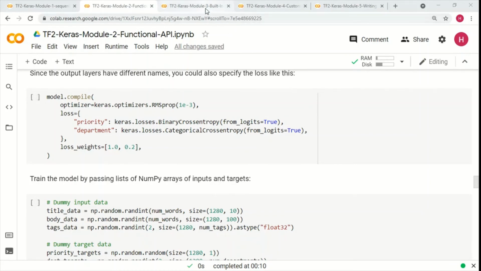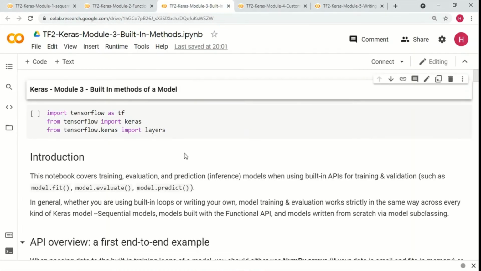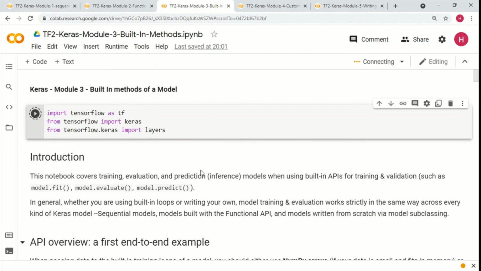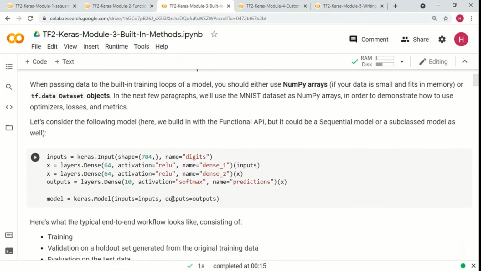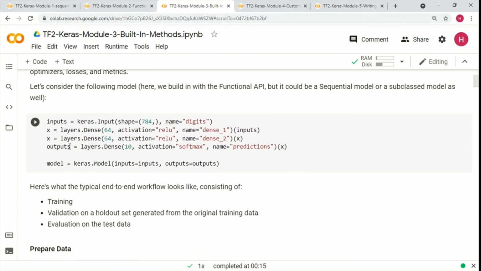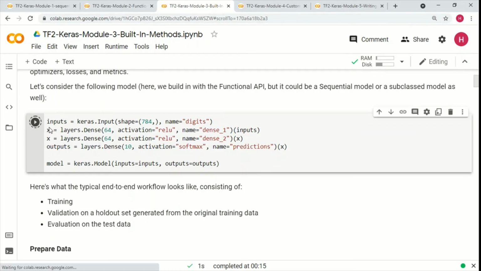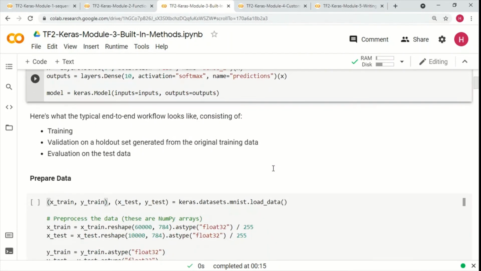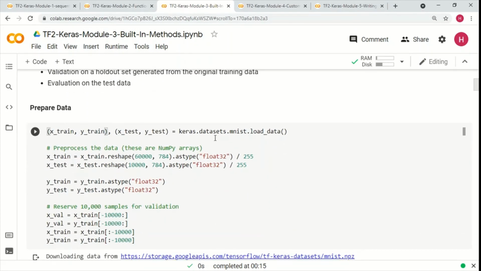Now let's quickly discuss the built-in methods using an example. Let's quickly import the libraries here. We'll take a look at model.fit, evaluate and predict. We are going to create a model using a functional API, as you can see here, and then create a dataset using Keras datasets.